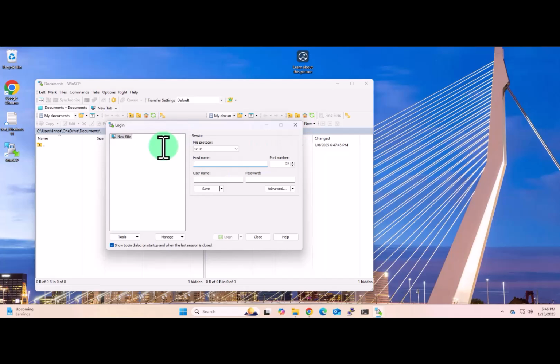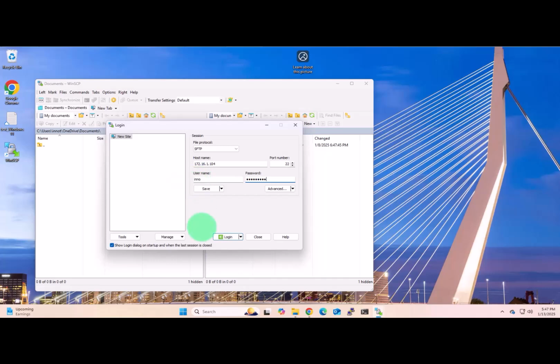Now it's asking us to log in, so we'll need to log into the remote device. We want to transfer files between the Windows 11 device and the Linux Mint device. For protocols you have SFTP and SCP. We'll go with the default. Both use SSH. You'll need the host name or the IP address, which we took from the device, which was 172.16.1.104. The port number for SSH by default should be 22 unless it's changed. Then you'll need a username on that remote device and the password on the Linux Mint device